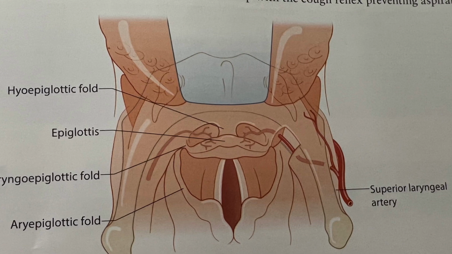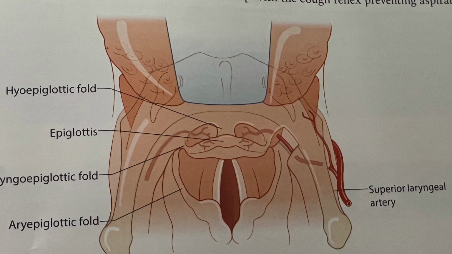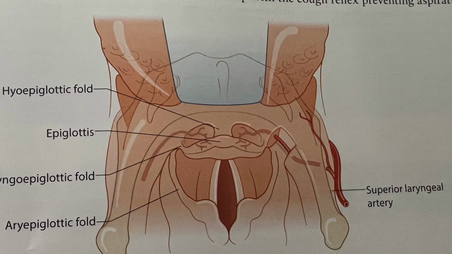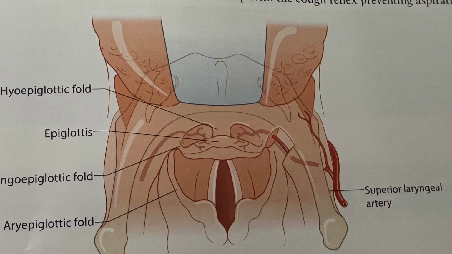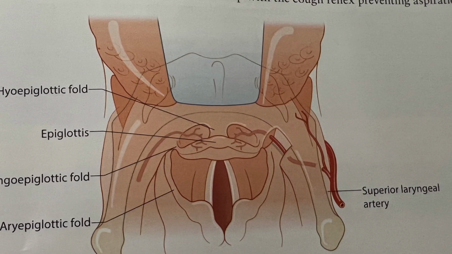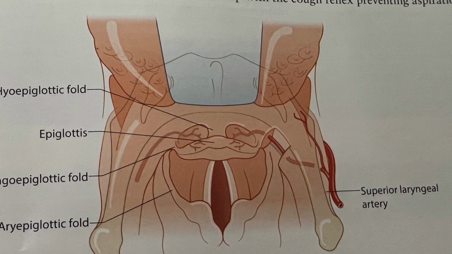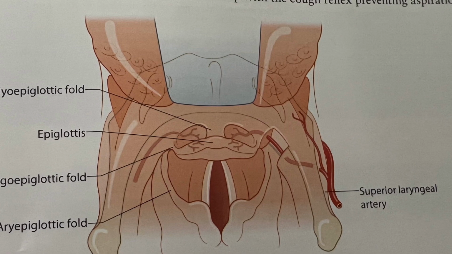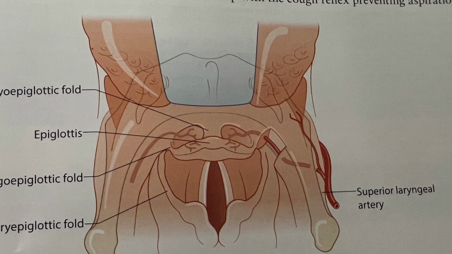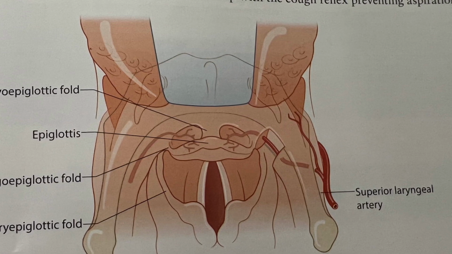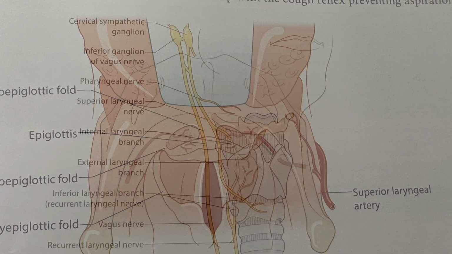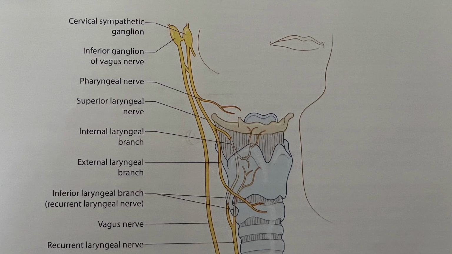The inferior laryngeal artery arises from the inferior thyroid artery and courses with the recurrent laryngeal nerve on the trachea, entering the larynx beneath the lower border of the inferior constrictor muscle. And the cricothyroid artery is a branch of the superior thyroid artery and passes across the upper part of the cricothyroid ligament. So this is the main arterial supply of the larynx. Now let us talk about neurology, the nerve supply of the larynx related to transoral surgery.